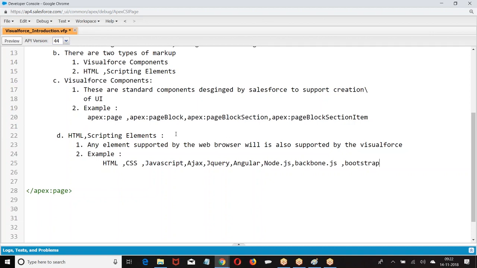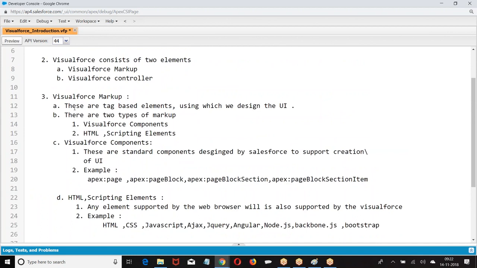Any scripting or elements which are supported by the web browser are also supported by Visualforce.